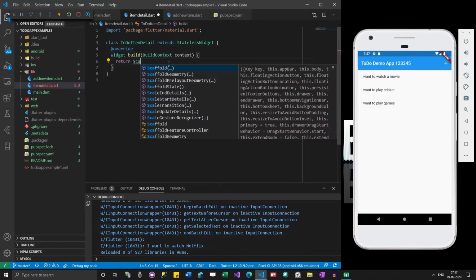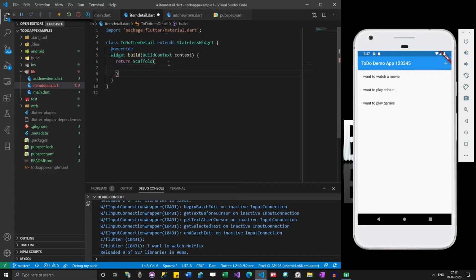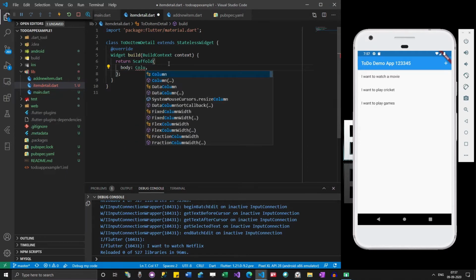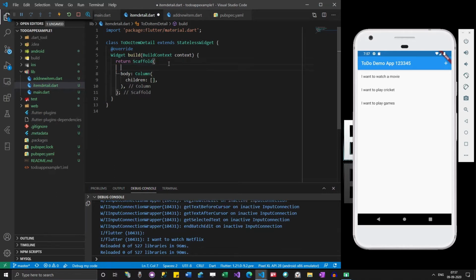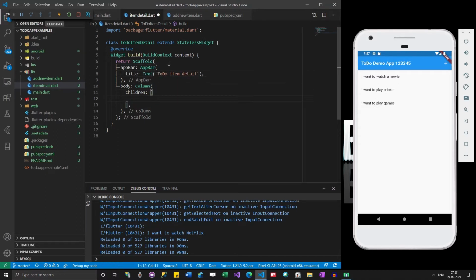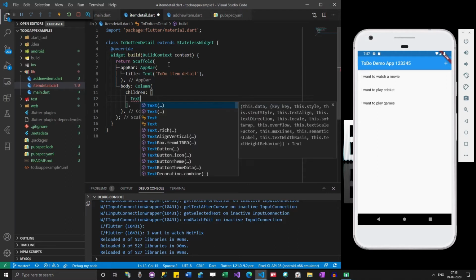So again, scaffold, body, column of children, app bar, title, to do item detail. Okay, and then children, we have to add text.